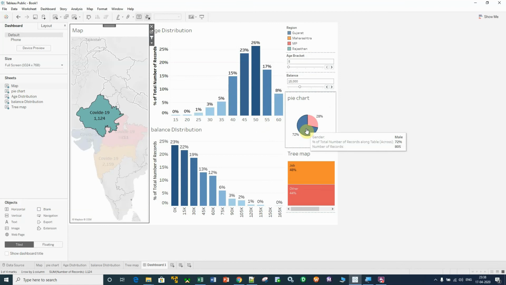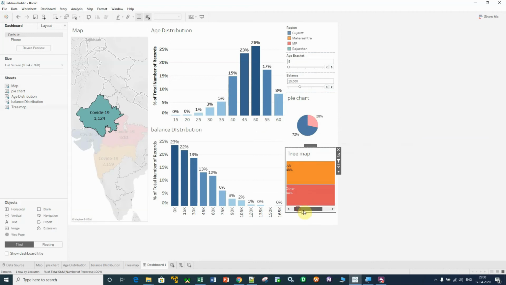Of these, 72% are male and 28% are female, okay? In the job classification, 48% of people are doing a job, 44% belong to the other category, and only 7% of the people are doing business. From this tooltip you can get the data, right?